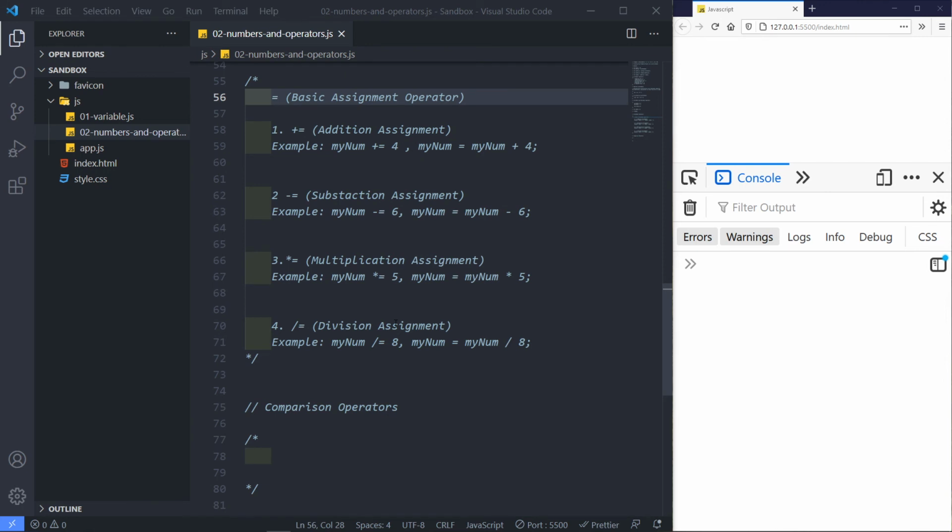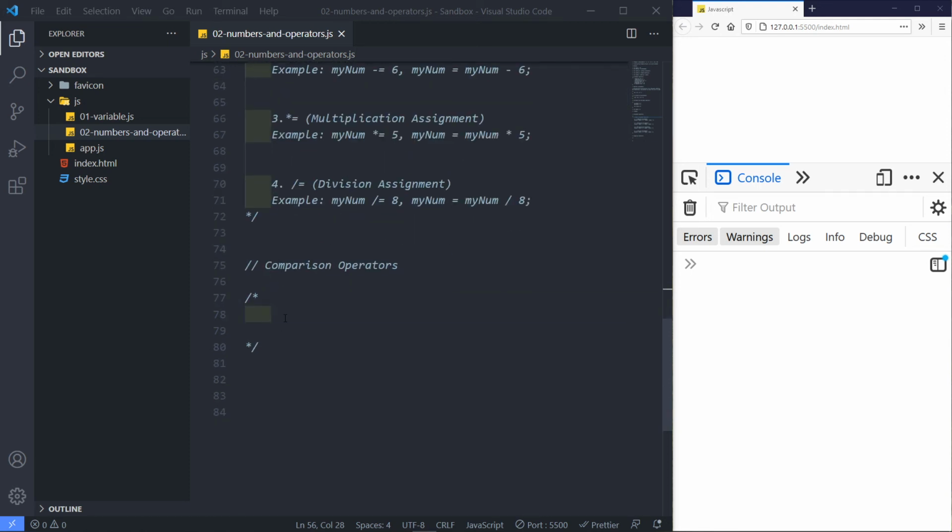All right, the next one that we're going to discuss is called comparison operators. Now, sometimes we will want to run a true or false test, then act accordingly depending on the result of that test. All right, so you're going to use this quite a lot in your developing or programming career. So the first one is called a triple equal sign. Now this is called strict equality. All right, so basically what this does is it tests whether the left and the right values are identical to one another, including the data type. So for example,